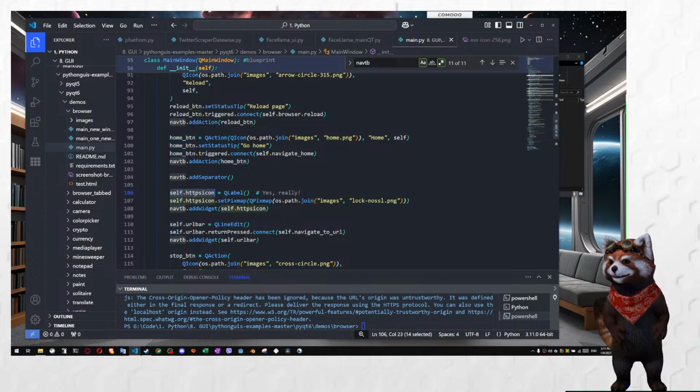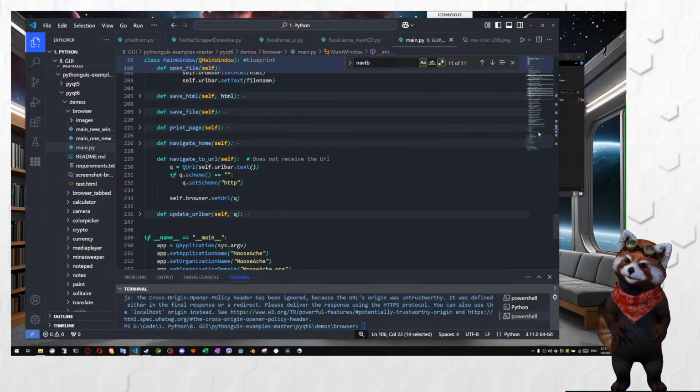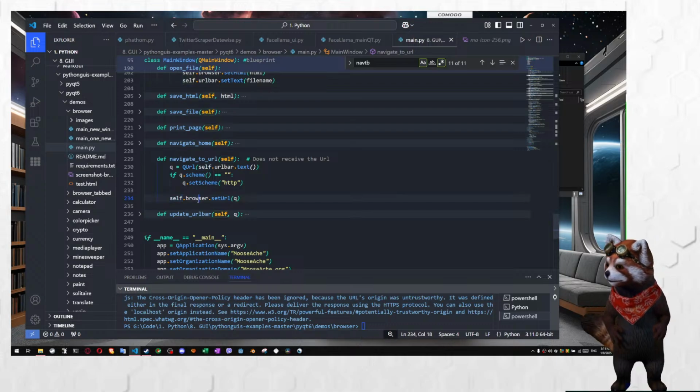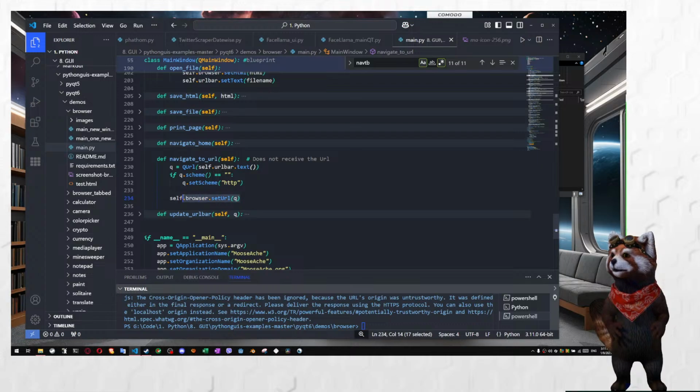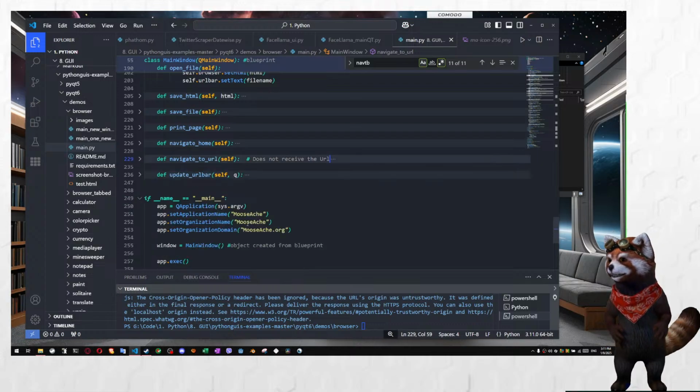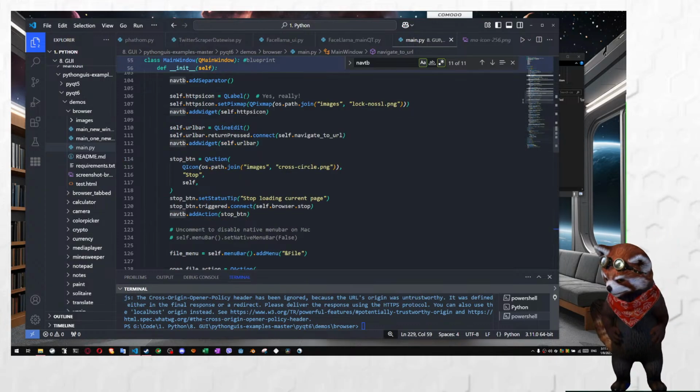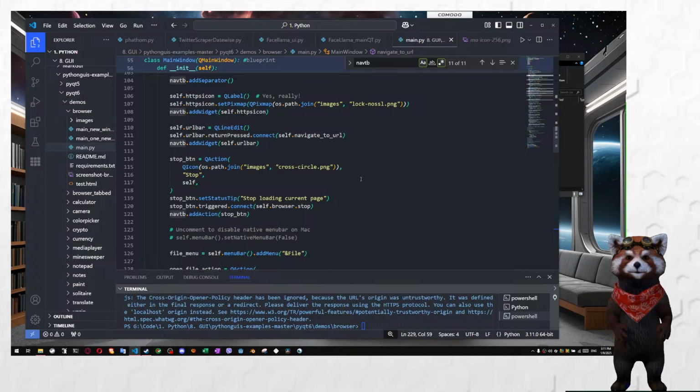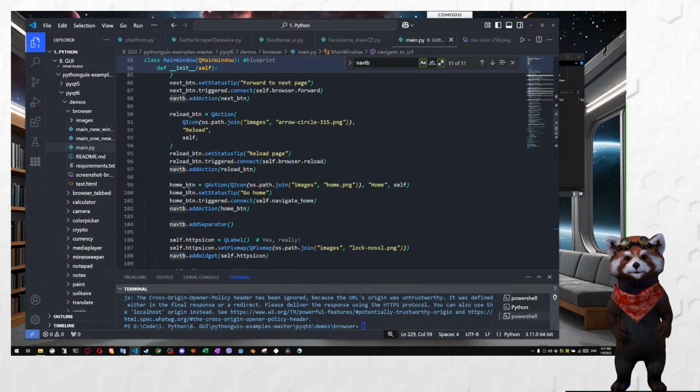But the reason we set self is because sometimes we want to load in our code, not in the browser, but in the actual code down the road, like all the other functions down here, navigate home, all this stuff, we can still call self.browser. See, we've saved self.browser so we can use it later, but we're not going to use nav_tb in any of these functions. When it's loaded, it's loaded. The buttons, they're loaded as well. They're pretty simple to work with. They're back buttons and etc. All right,